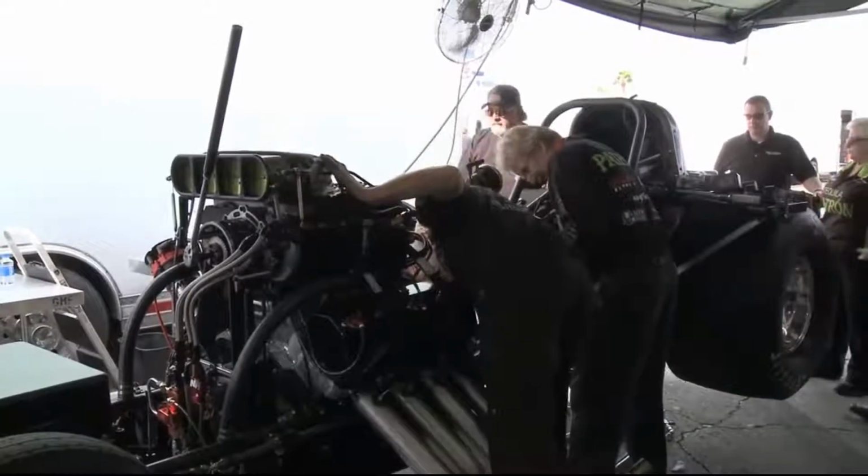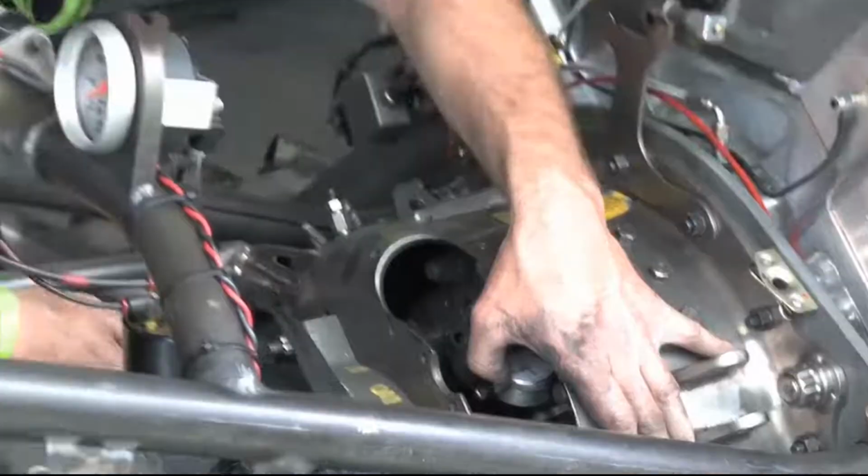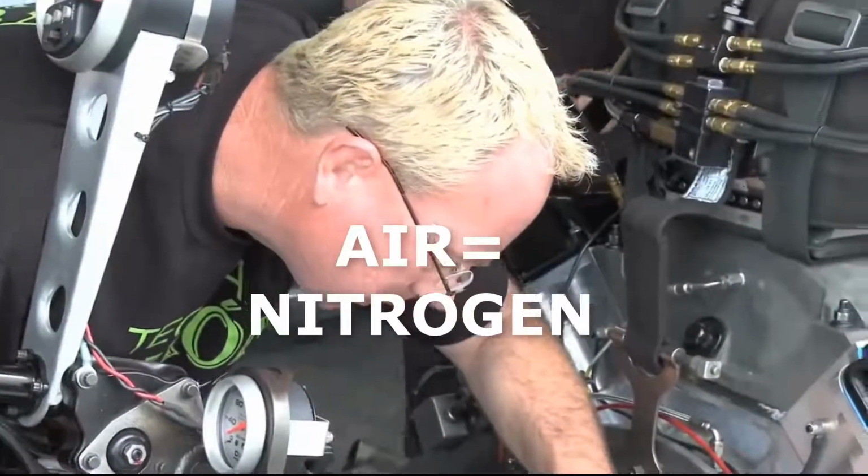Happened this morning here in Las Vegas, we started the car up and the transmission wouldn't shift. Checked a bunch of things on the transmission, and these transmissions are shifted with air, CO2. So